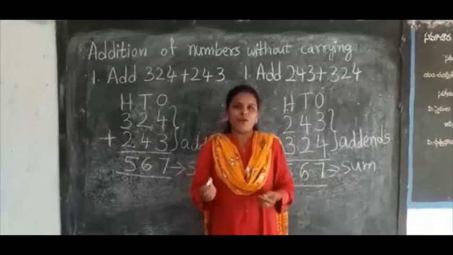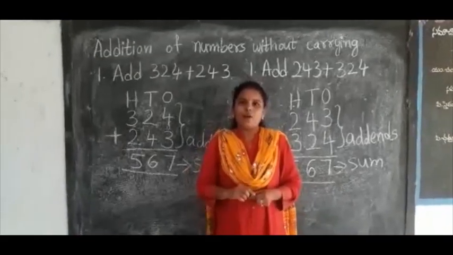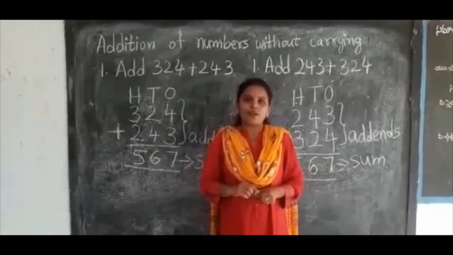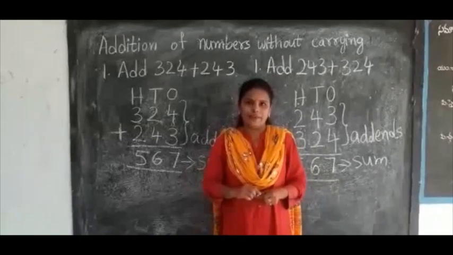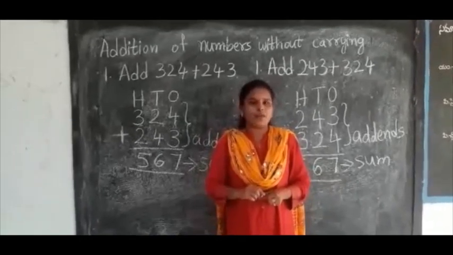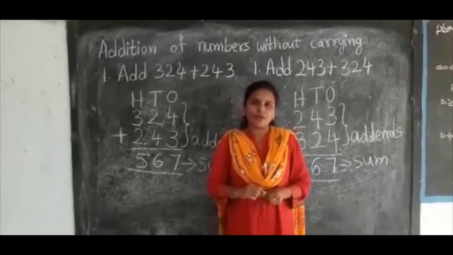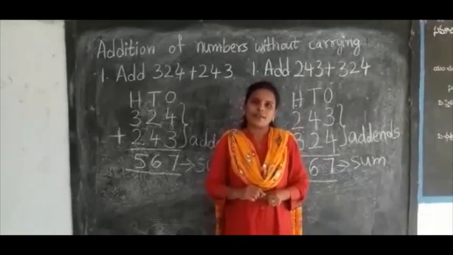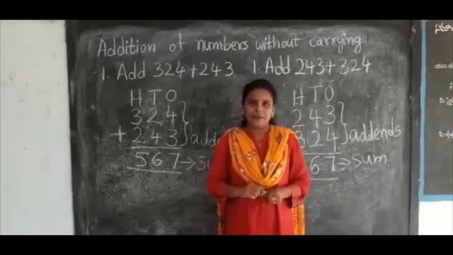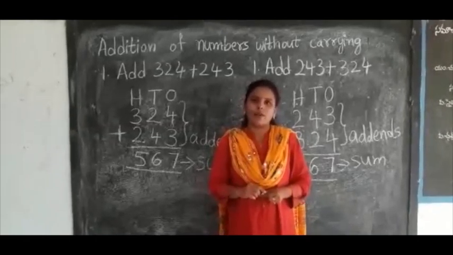Okay children, I hope you all understood the class. Whatever assignment is given, do that in the classwork book neatly. Mention the date, put chapter 3 addition, whatever assignment, Roman number 1 or 2, whatever I am going to give, mention that also and do the assignment in the classwork book neatly. The answers for the assignment will be given to you soon.